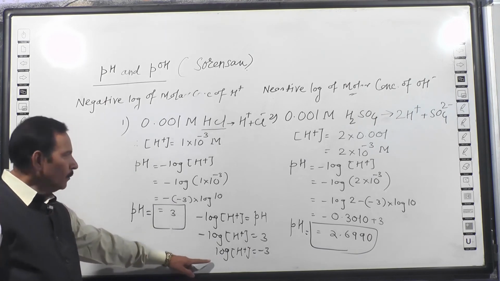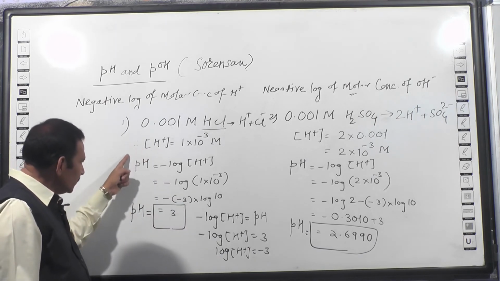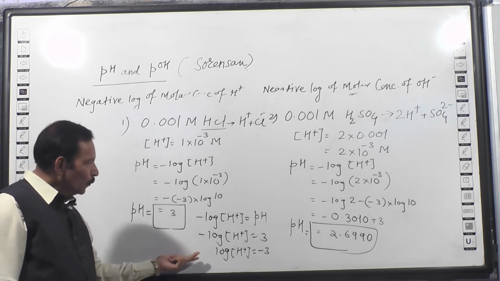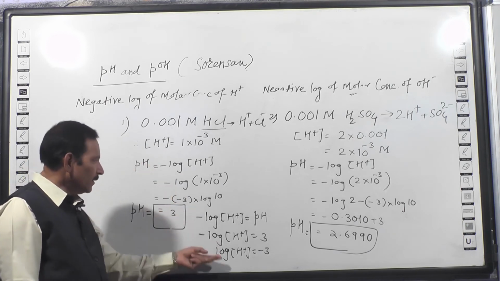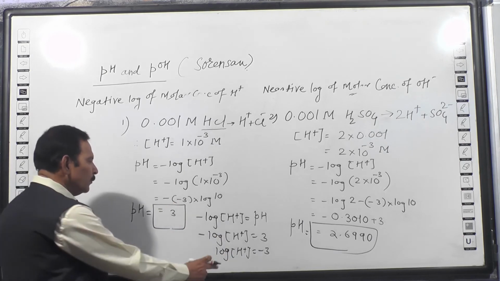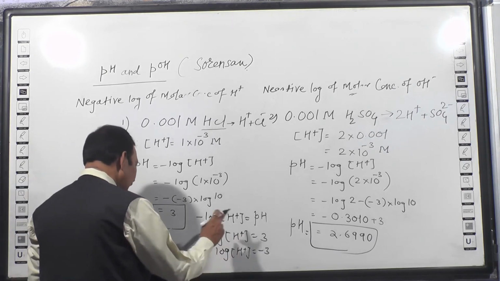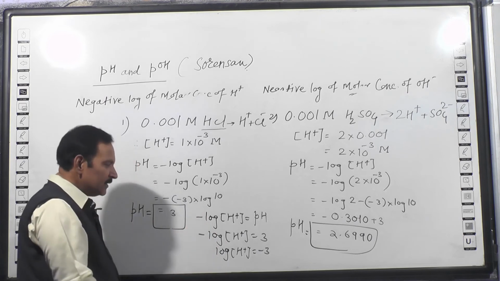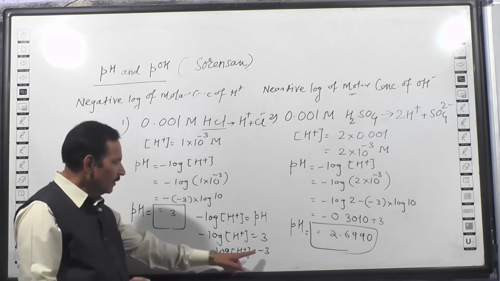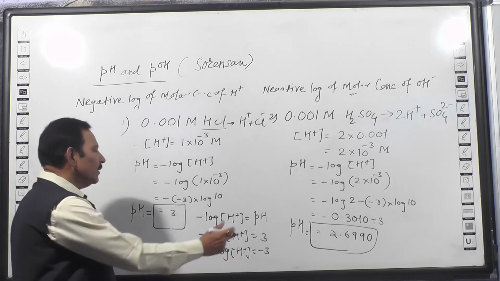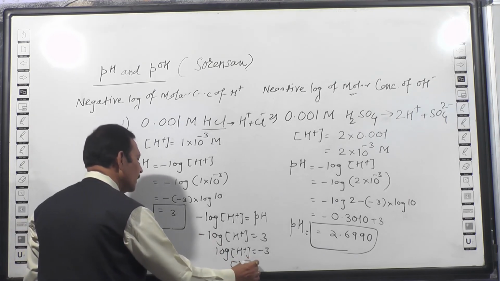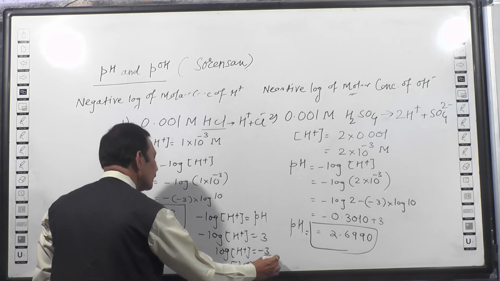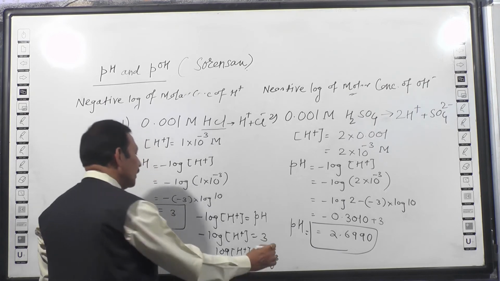Apply antilog on both sides. यहाँ जिस रास्ते से आए हैं उल्टे रास्ते से यहाँ जाना है. तो यहाँ तो log अप्लाई किया था, अभी यहाँ एंटीलॉग देखना है. टू रिमूव दिस log, सो वी अप्लाई एंटीलॉग ऑन बोथ साइड्स. ये तो log एंटीलॉग निकल जाएगा. सी द एंटीलॉग ऑफ माइनस 3. द एंटीलॉग ऑफ माइनस 3 इज पावर ऑफ 10 minus 3. ये हो गया H plus ion.